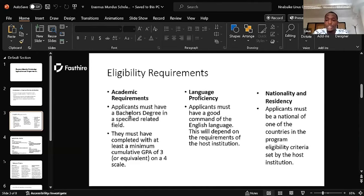And then when the feedback comes, either you are accepted, or you are not, or you are put on a waiting list. And then if you are accepted, you have to go through an online meeting. The meeting is purposely to verify your identity and make sure you are the one and nobody's impersonating you with your documents. And also to make sure that you are who you say you are and you know what you say you know. So for instance, if I apply with particular documents or particular statements in my CV or motivation that make them excited to meet me,